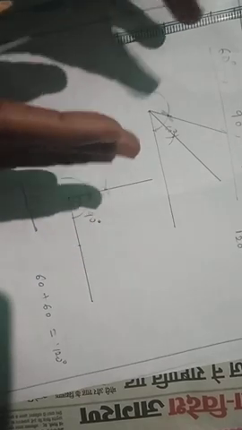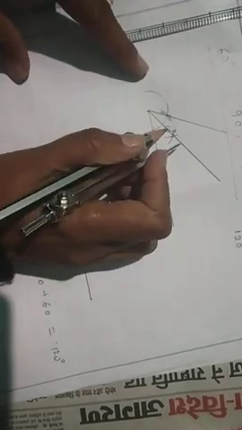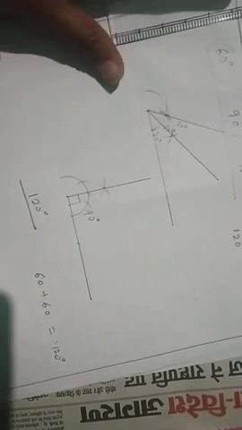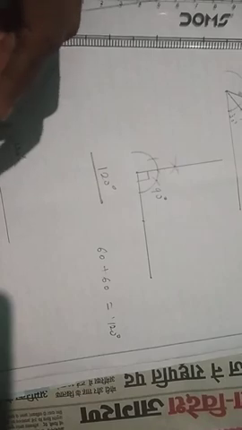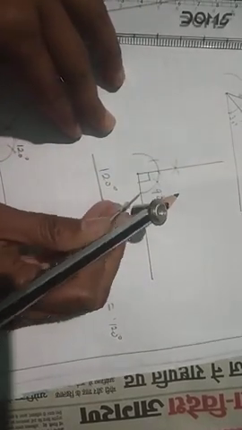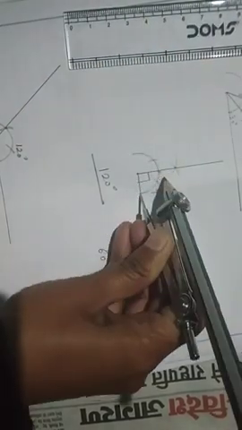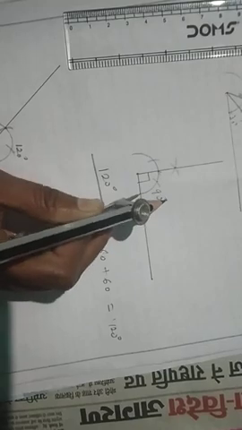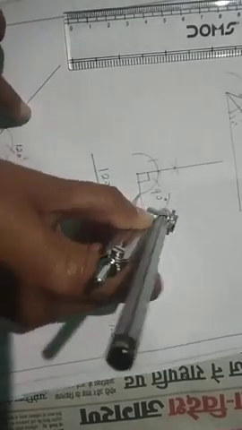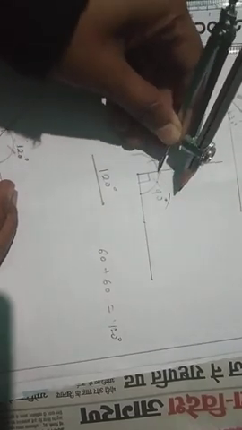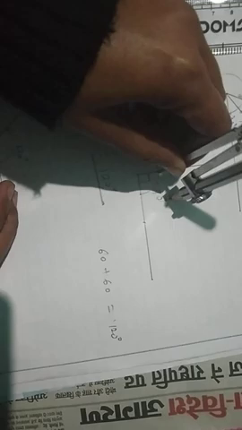Bisection means dividing an angle into two equal halves. This is 60 degree, so this half will be 30 degree and this half will be 30 degree. 30, 30, 60. Now how to bisect 90 degree? Same process. Any angle you will bisect with the same process. First you have to measure this angle, means open the compass according to your angle like this. Measure it. Now put your compass here and cut an arc like this, and put your compass at the other arm of the angle and cut an arc like this.